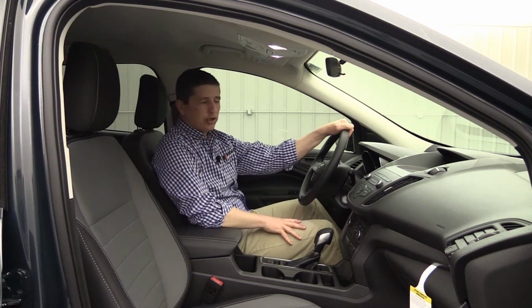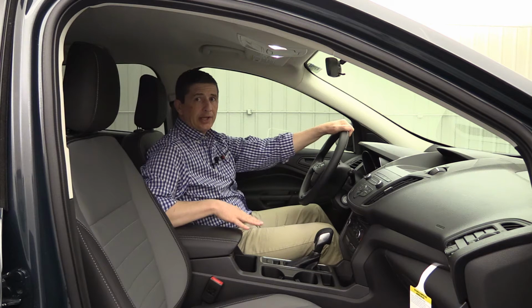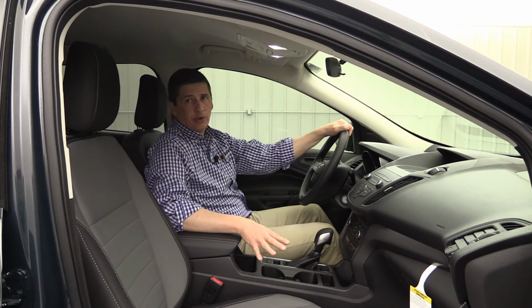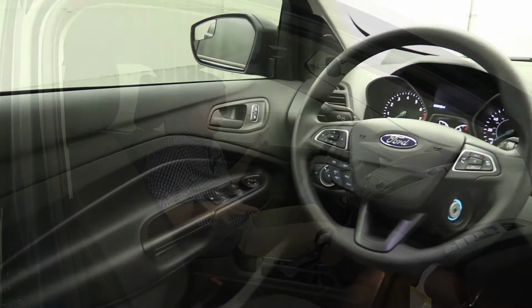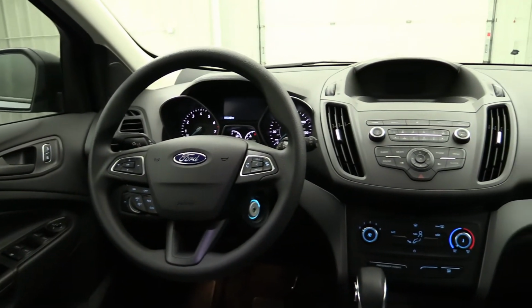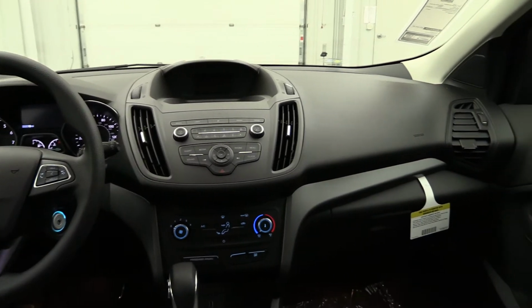Now moving to the interior, and here you're going to see the only color that is available with your S trim, and that's this charcoal black. So if you're wanting the tan interior, you're going to have to go up to the SE to get that type of interior. So I'll go ahead and give you a close-up of the dash. You probably saw that a little bit earlier when we were talking about the airbags. So it's going to have black throughout the vehicle, on your doors, the inserts as well, your armrest, the steering